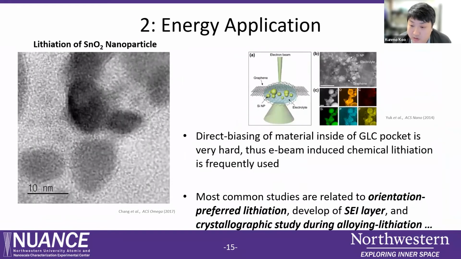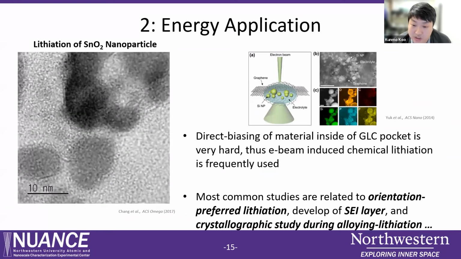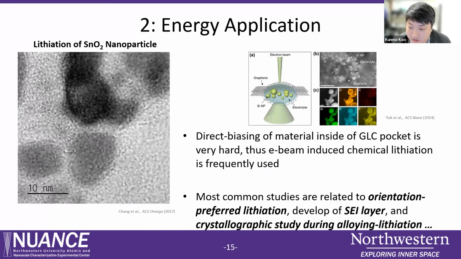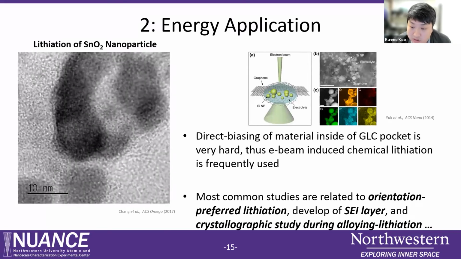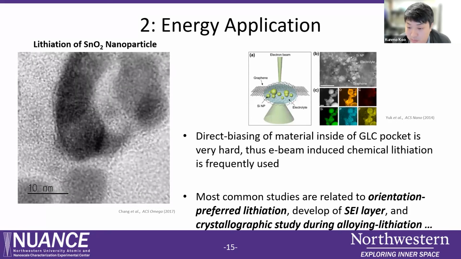The second application for the graphene liquid cell is the battery experiment with the TEM. With the GLC, it is relatively hard to make a circuit since graphene is conducting and the pocket is very small. However, we can induce chemical lithiation with the electron beam illumination, which is similar to the actual battery charging